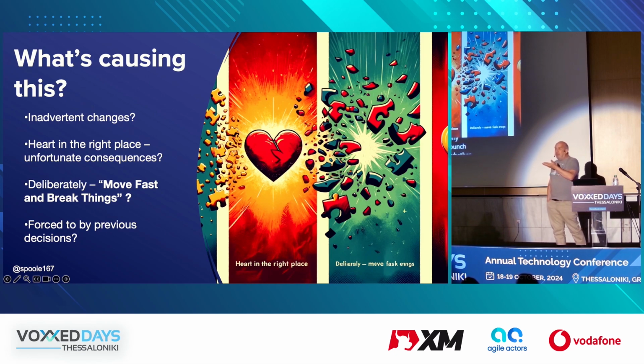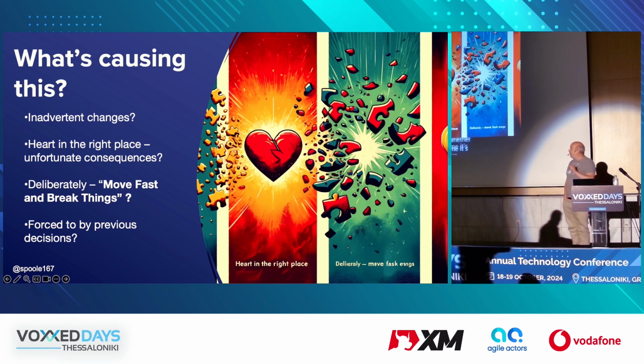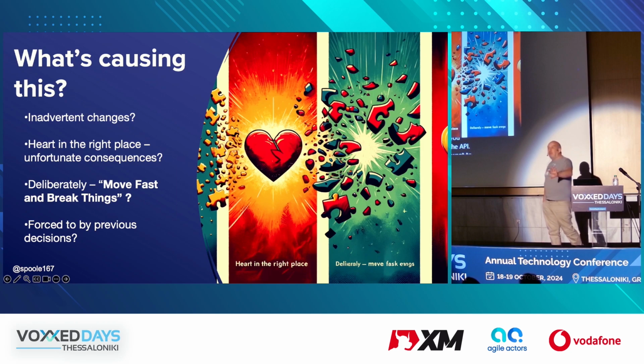A lot of the time it's because you don't realize you're breaking the API. And that's one of the things I want to focus on. Other reasons, like you did it deliberately, fine. That's your choice. But there's a lot of stuff where we break APIs because we didn't realize that we were doing it, or we painted ourselves into a corner very quickly and didn't realize that the first go around. So can we do something about that?